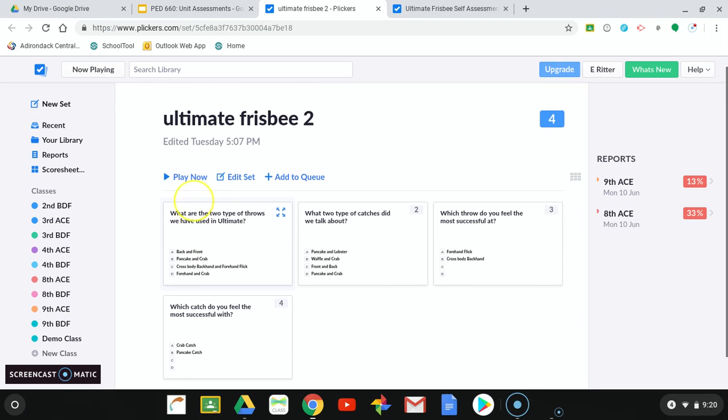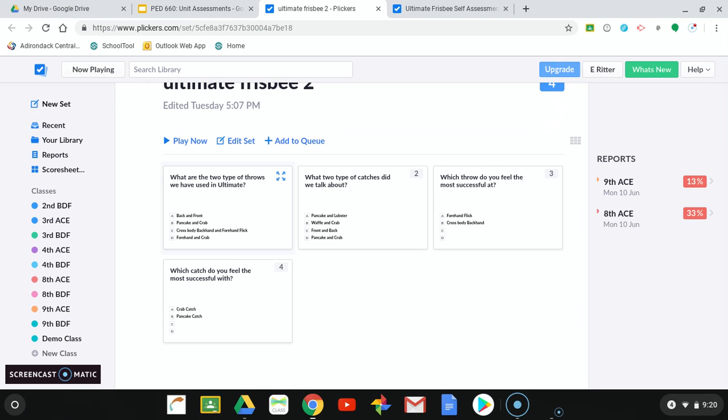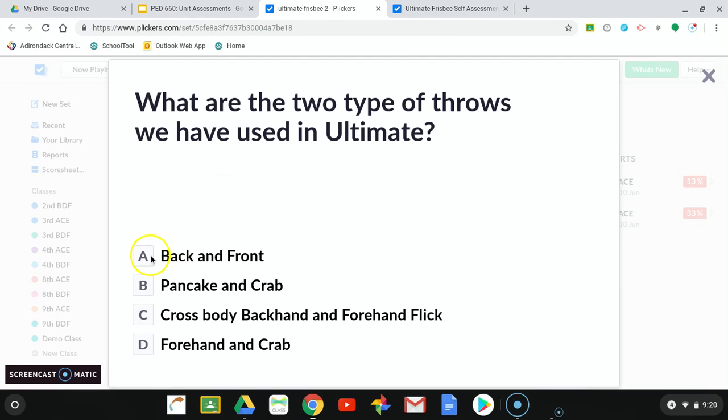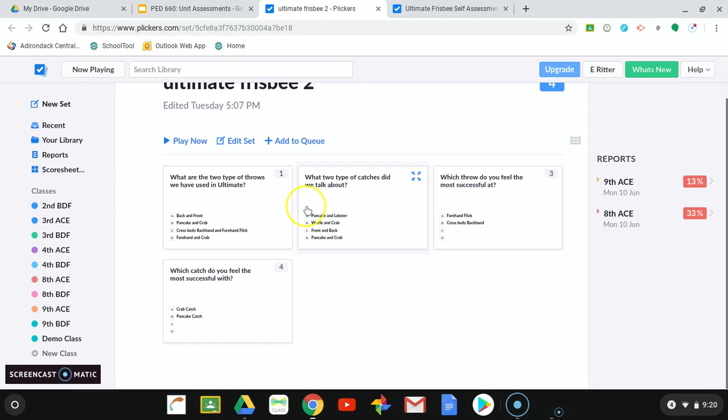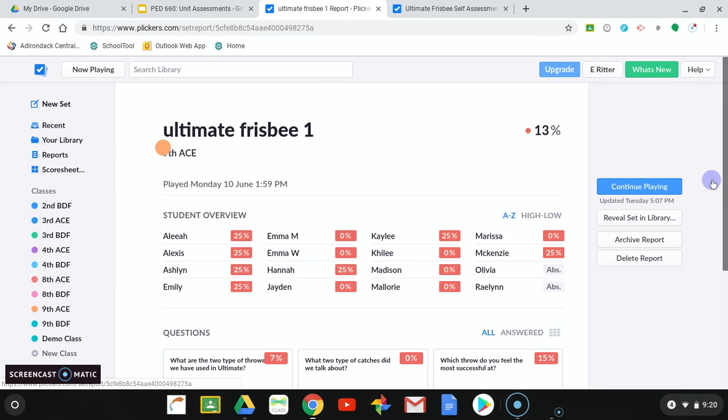One thing I had completely forgotten when I did this, because I have only used Plickers once or twice before, is that when you're creating a new set, at the top there's a graded spot and then there's a survey spot. I don't know why, but I clicked the wrong answer. Actually, I think I didn't even choose an answer and it chose it for me. So it says that only 13% got it right and 33% got it right, but it's actually not how it went. If you look through the reports,